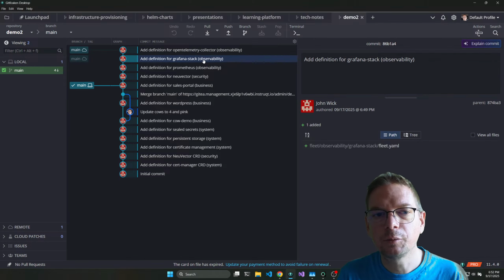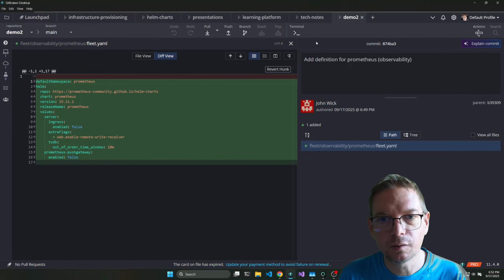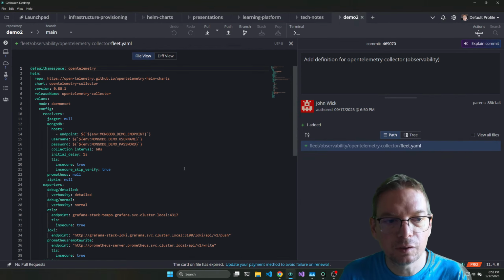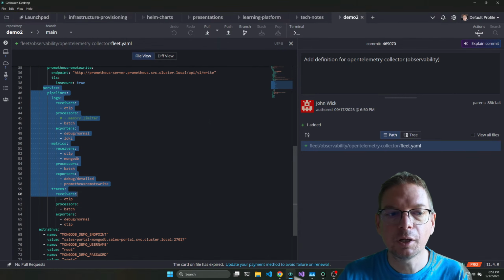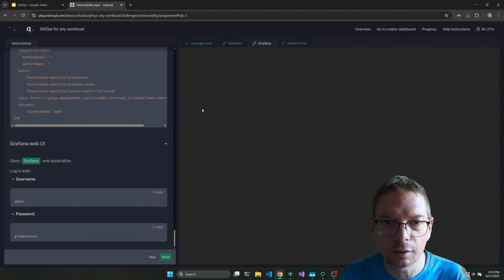And this one is for me the worst scenario. For Prometheus, to install it, you can see it's very easy. And even for the OpenTelemetry collector, it's long, but it's on purpose because here you have the configuration. So this is really what I like. It's one way, an easy, efficient way to manage your workload. And we can see there is everything Grafana.